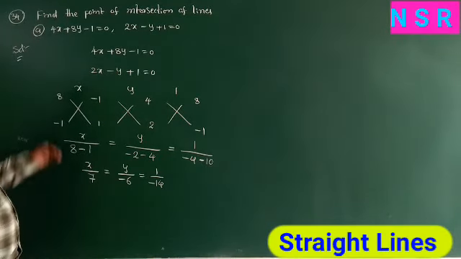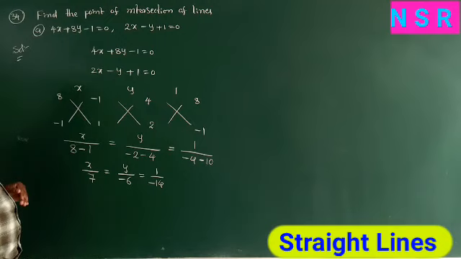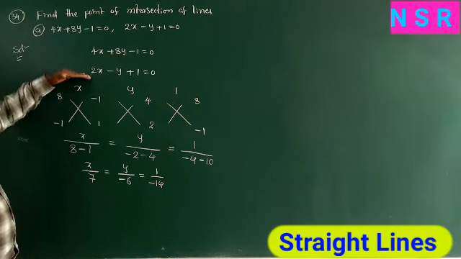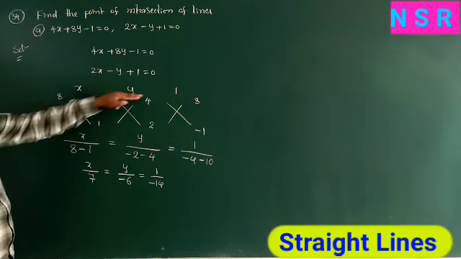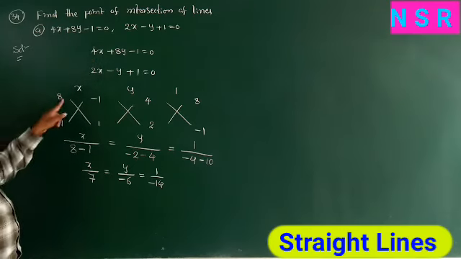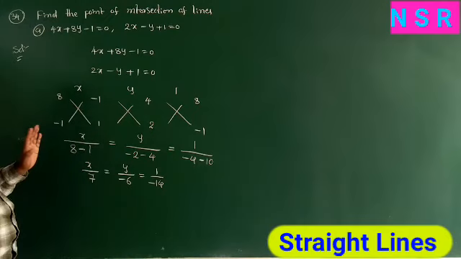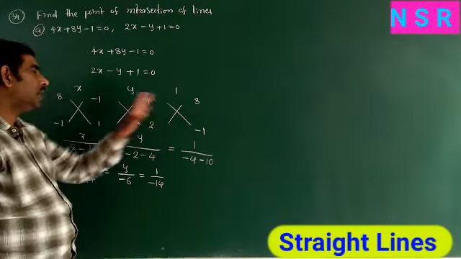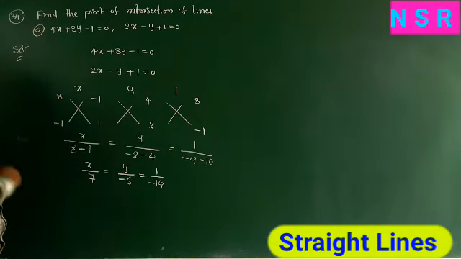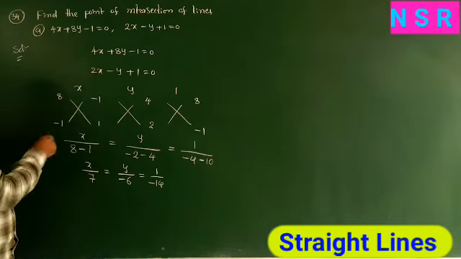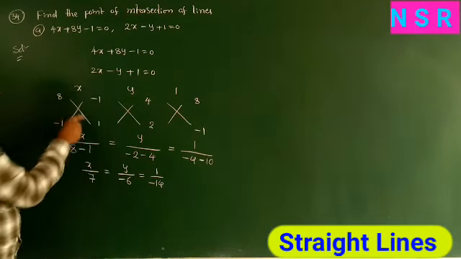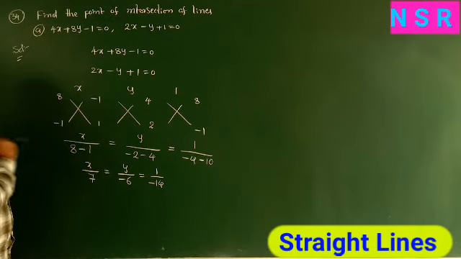So this is a method of finding the intersection point of two lines. First write the line equations. Write x, y, 1: close the x coefficient, write the y coefficients and constant, next open the x coefficients and write here, and in the final column repeat the same elements as the first column. Now apply the AD minus BC formula.